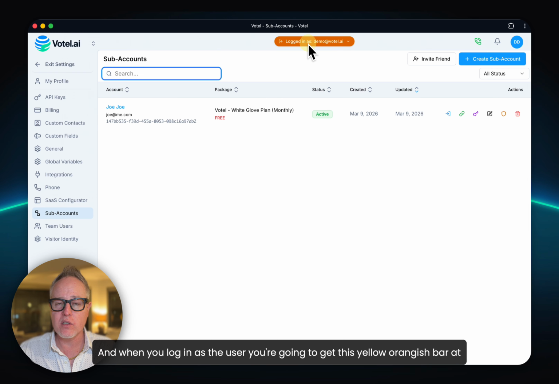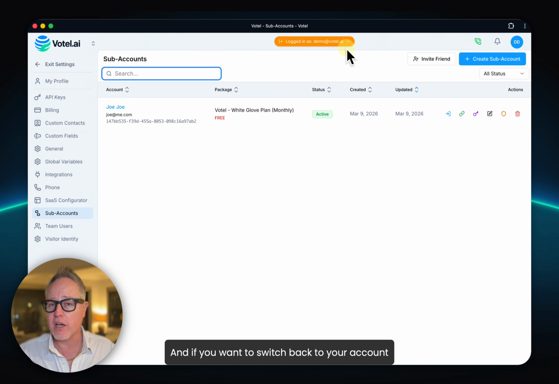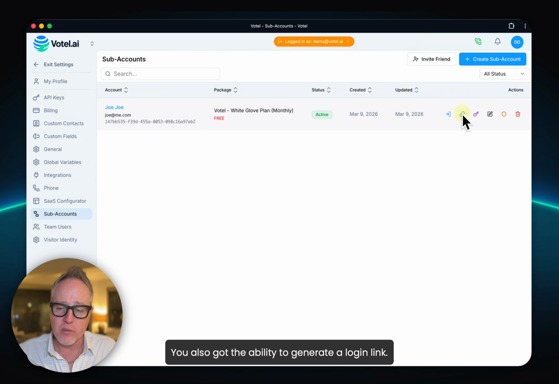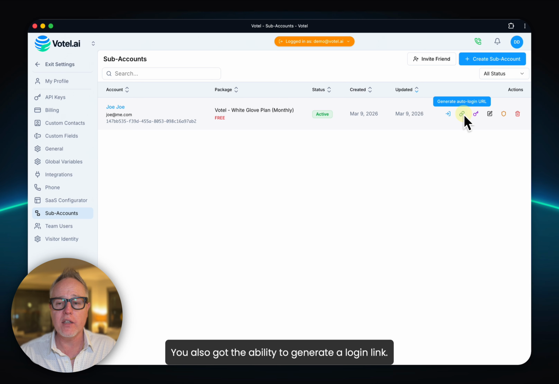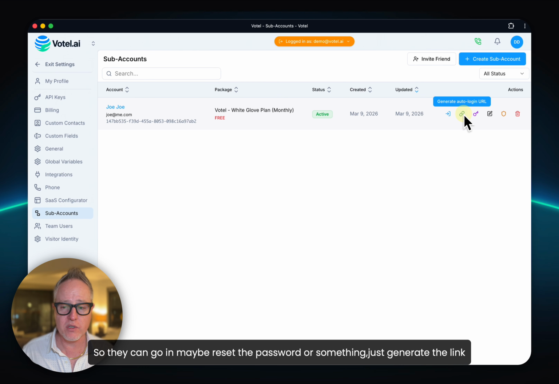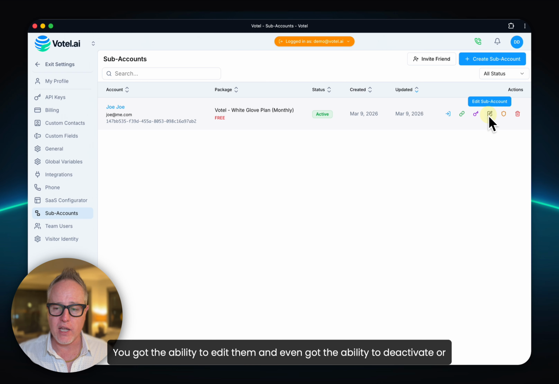And when you log in as the user, you're going to get this yellow orangish bar at the top that tells you you're logged in as this sub account. If you want to switch back to your account, just click on that and you got a switcher. You can go back and forth. You also got the ability to generate a login link. So if a customer says we just want them to get in, they can go in, maybe reset their password or something. Just generate the link, mail it to them. They're good to go. You got the ability to edit them, and you even got the ability to deactivate or